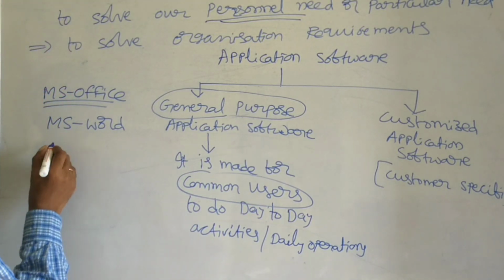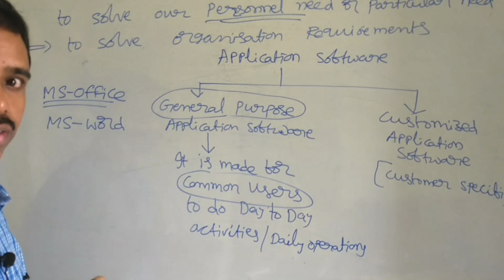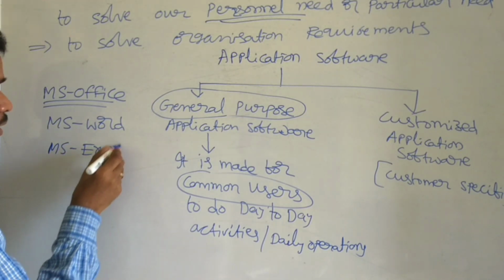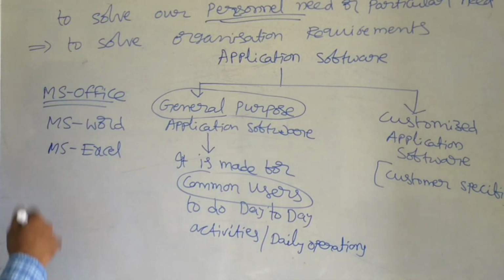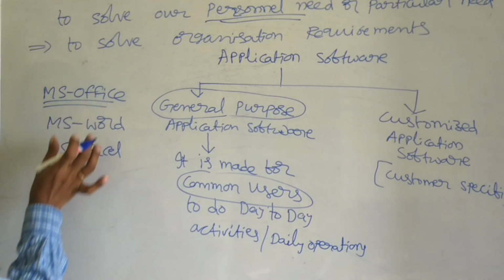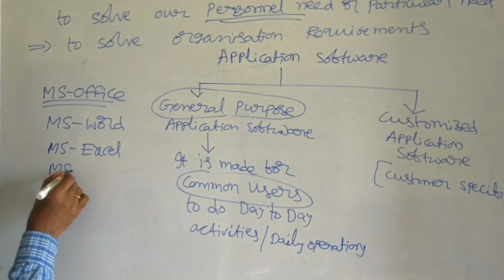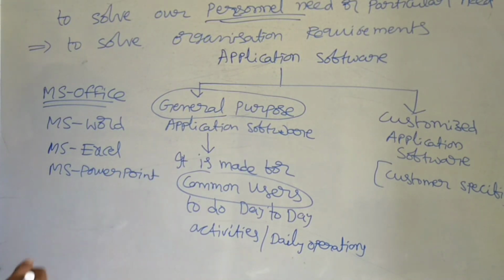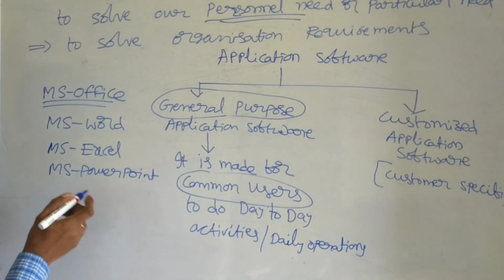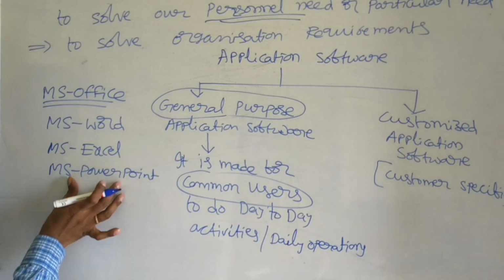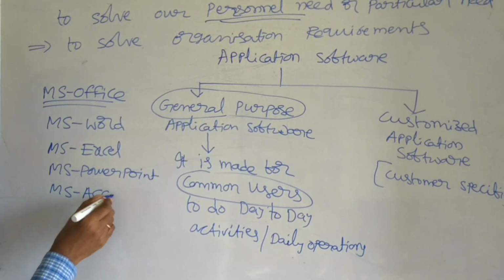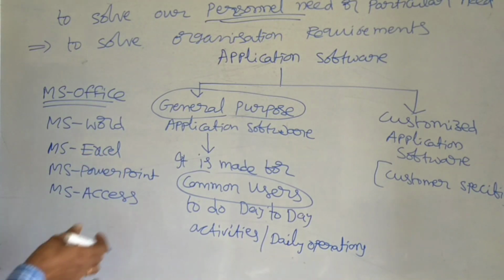Next, if you want to store the data in Excel sheets, generally small companies will use Excel as a database. So MS Excel is also developed by Microsoft; combinedly we call them MS Office components. As a part of MS Office, we have MS Word, MS Excel, MS PowerPoint to prepare the presentations. If you want to give seminars, you need a PowerPoint presentation. For that purpose you can use PowerPoint application software. MS Access also comes under database software. Small companies will use MS Excel or MS Access to store small databases.